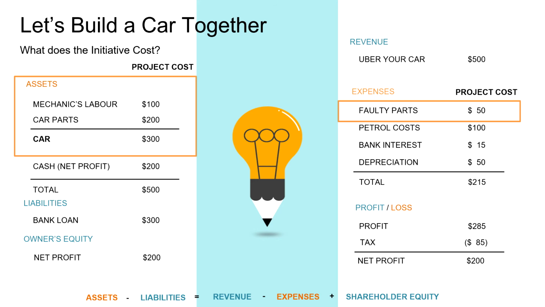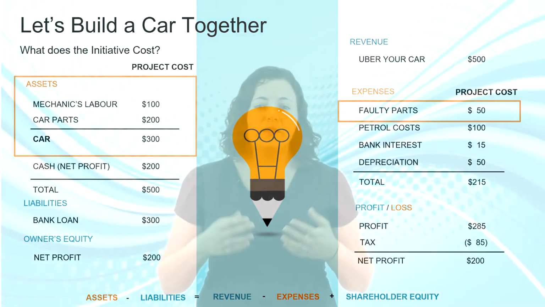These types of costs are known as project OPEX or POPEX in many organizations. The revenue that came from Ubering your car is known as benefits, while the running expenses to upkeep that same car are known as ongoing OPEX. These ongoing expenses include petrol, bank interest, and depreciation. This simple, yet not so simple example shows you how complex the world of projects actually is.